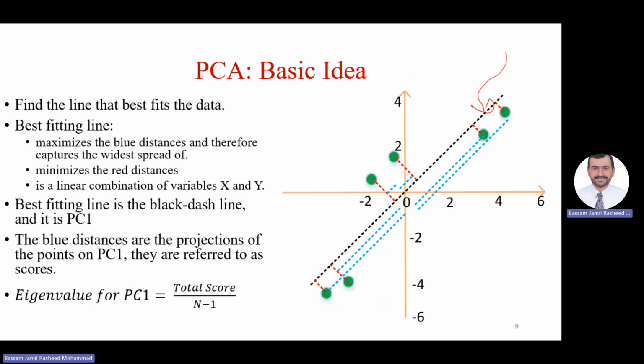So what I said is that if we want to capture the best line, the best line is this dashed line, the black one, right? And it really has the maximum scores. If you look at any other line, it doesn't have that maximum score. We will add those distances and we'll say this is the eigenvalue for this line. All right. Now,